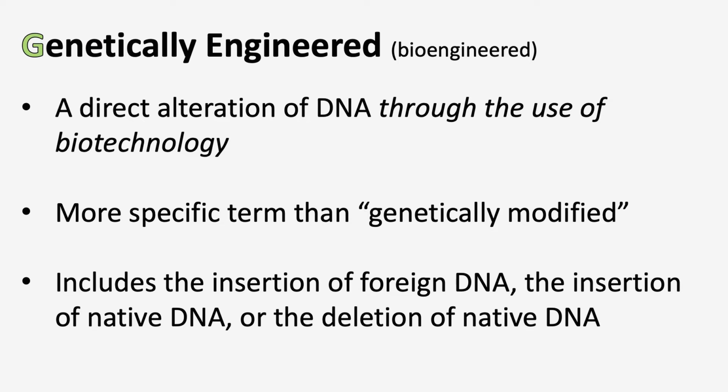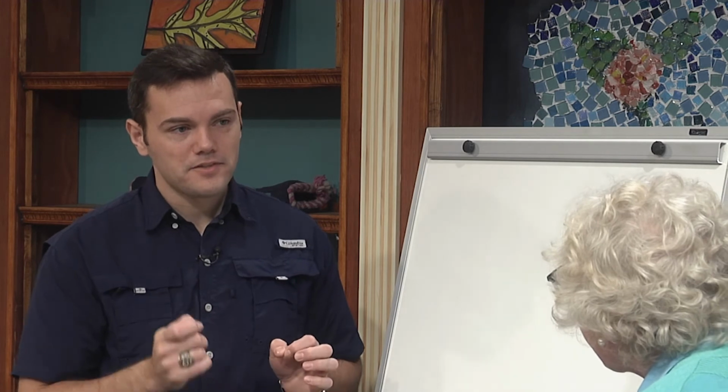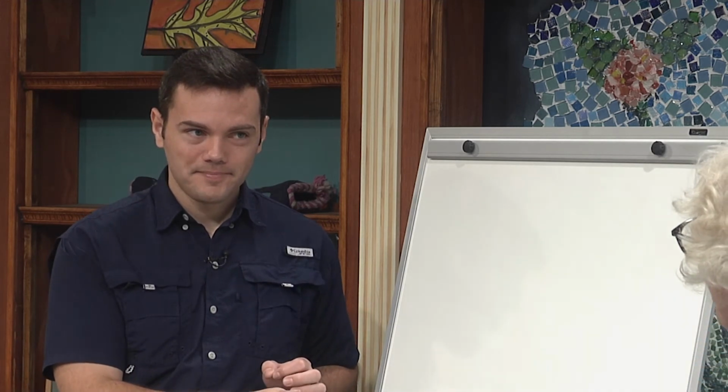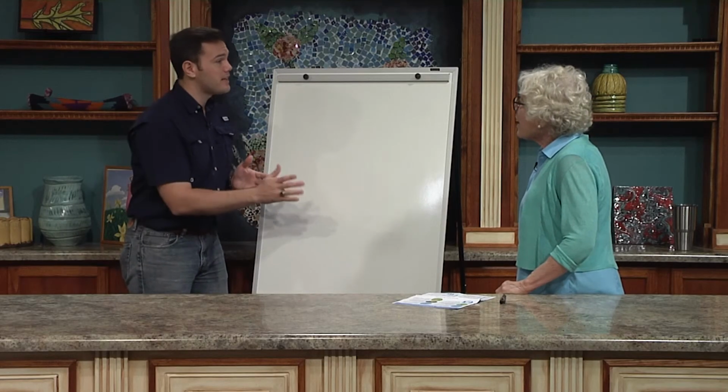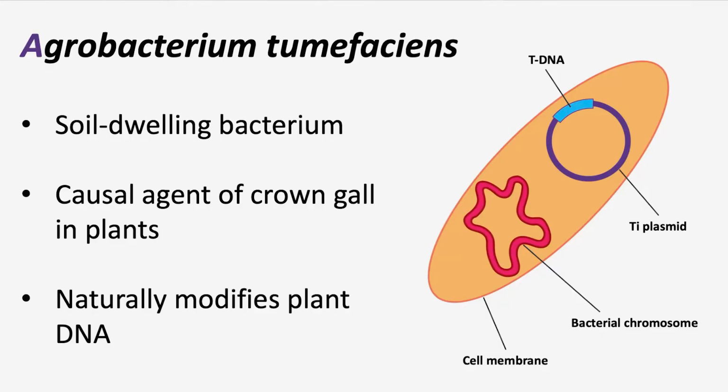There is a soil-dwelling bacteria called Agrobacterium. Yes, and so this is a naturally occurring soil-dwelling bacteria that naturally infects plant cells to modify the DNA of these plant cells. Wow. Okay, so scientists realized they can hijack this bacterium and add their own DNA or whatever sequence they wanted into this bacterium, and then that bacterium would inject that into the plant's genome. And so that's one of our oldest methods of genetic engineering is you take a plant, you dip it in a vat of agrobacterium, and hopefully you get the change that you're looking for.